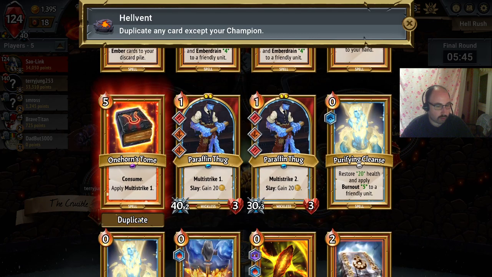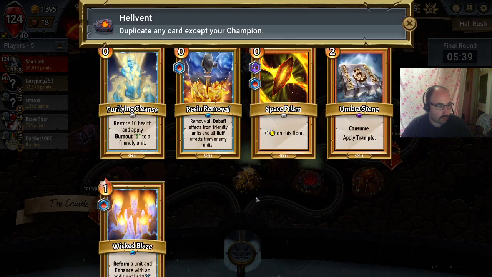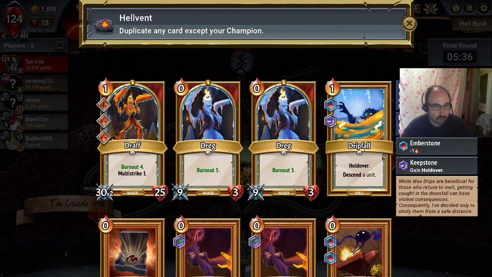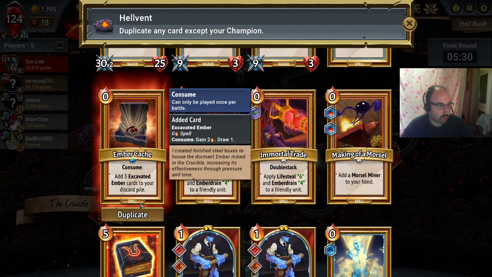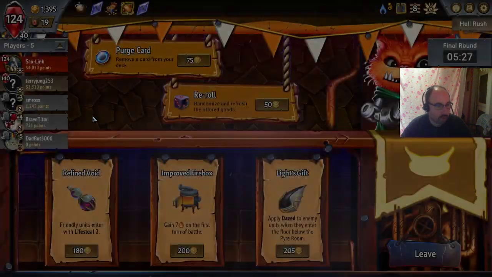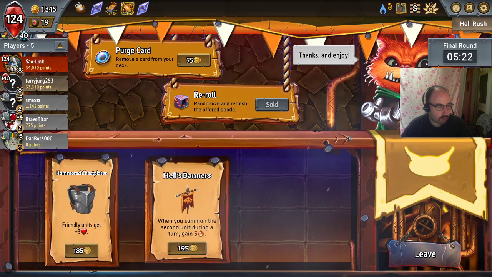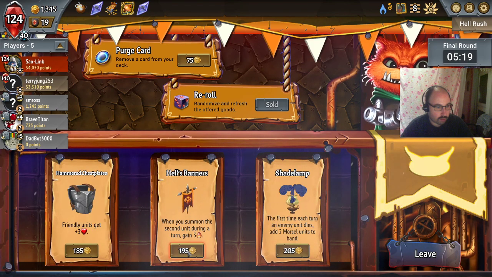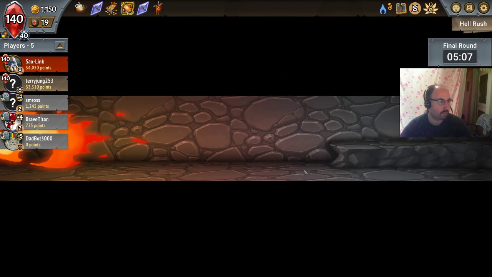Maybe the one Horn's Tome instead. No. No, we can play consistently enough, I think. Ember Cache. Ember Cache doesn't hurt. We do want some consuming going on. None of these. Hell's Banners actually helps us play the Tome a bit easier. I don't want to spend too much gold because it's points, but we do have a lot of gold anyways, so...